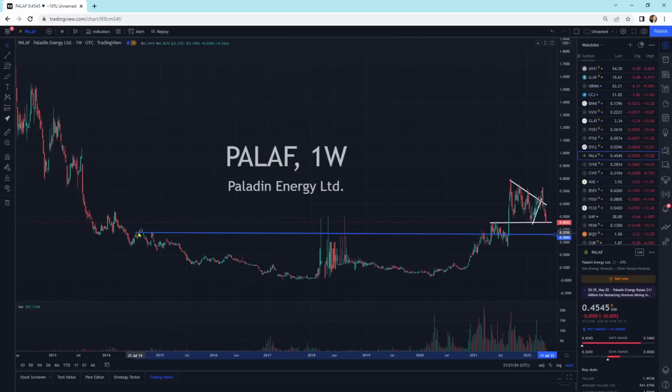Coming all the way back there. There's a support zone all through this general vicinity for Paladin. Looking at Sky Harbor